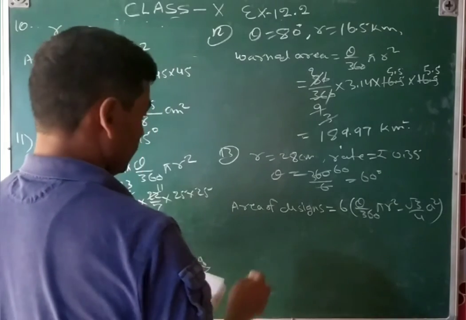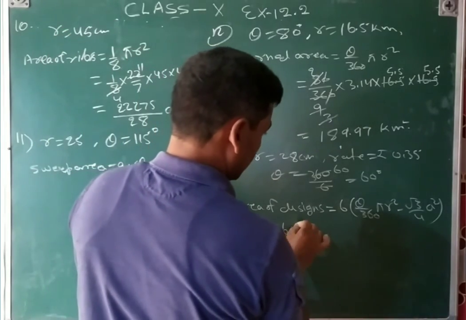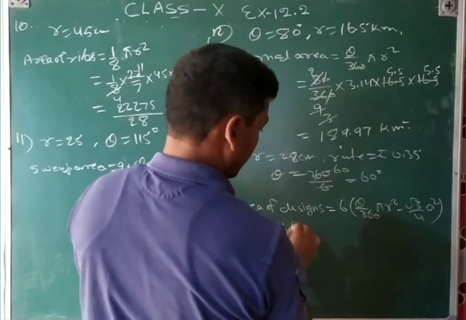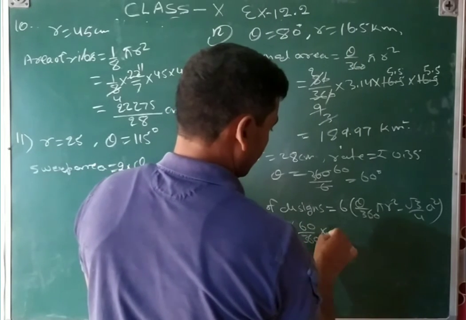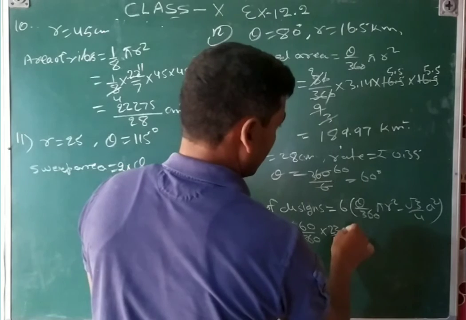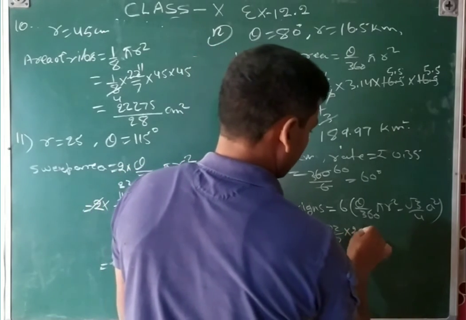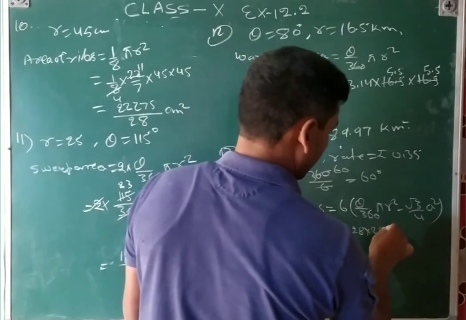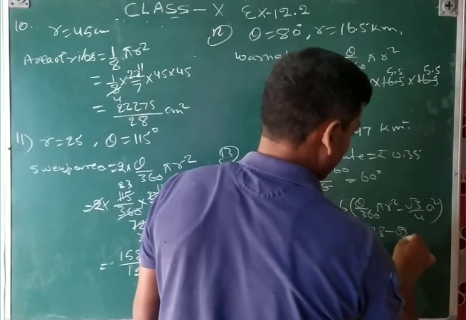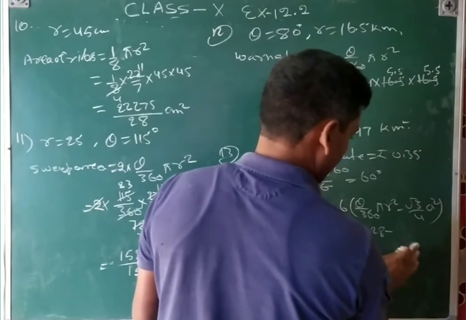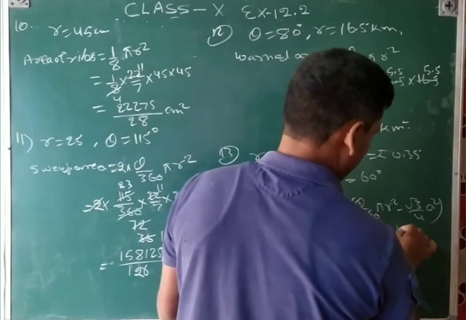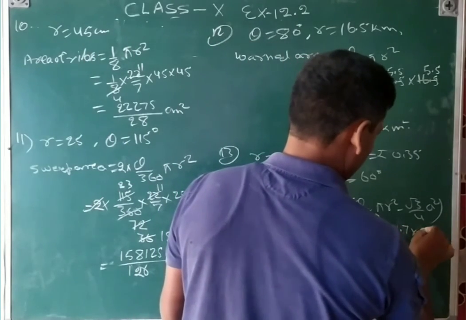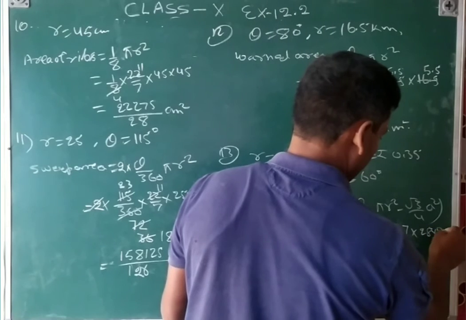And then 6 bracket, theta is 60 upon 360 into 22 upon 7 into 28 into 28 minus under root 3 value is given there, 1.7 into 28 into 28